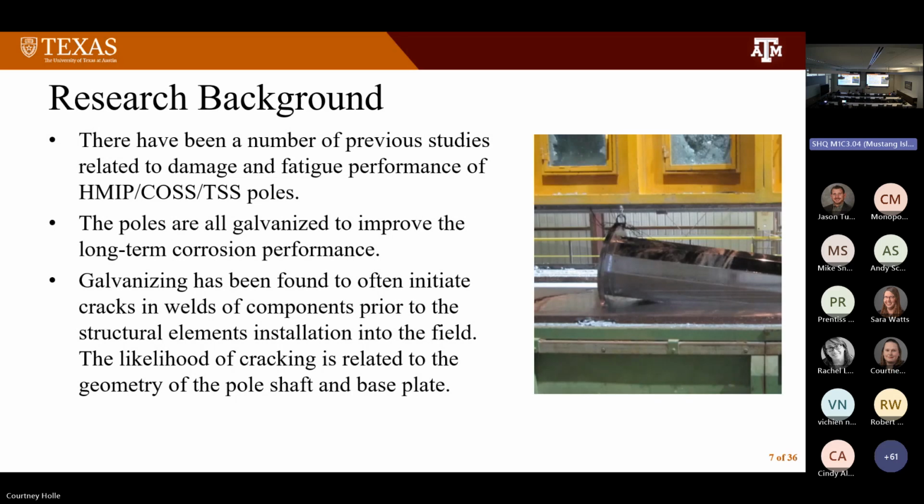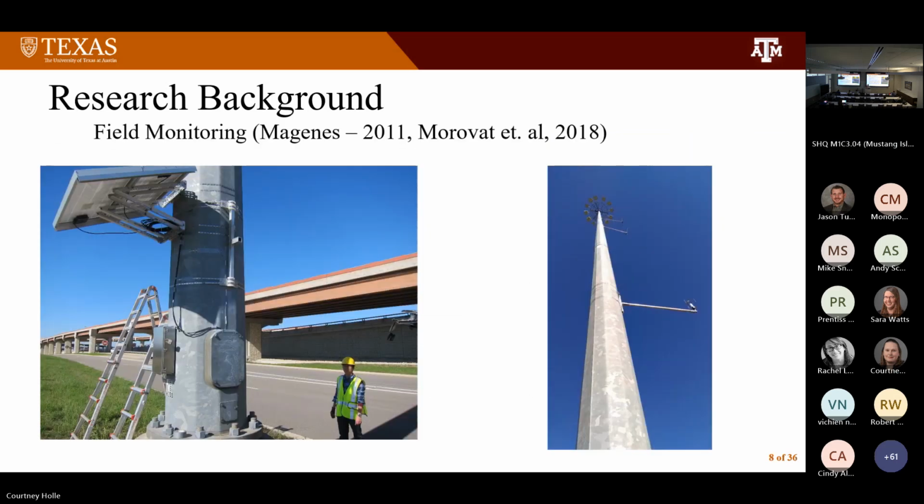I'll mention a little bit later that a lot of times the detail of interest for high mass poles is to use the ground sleeve, okay? Because that also had reasonable things. And I'll call into question a little bit, I don't know if that's the best detail we should be using, but I can throw that bomb out at the end. We can talk a little bit about it potentially. It's not really the focus of this study, but it is something that TxDOT may want to consider.